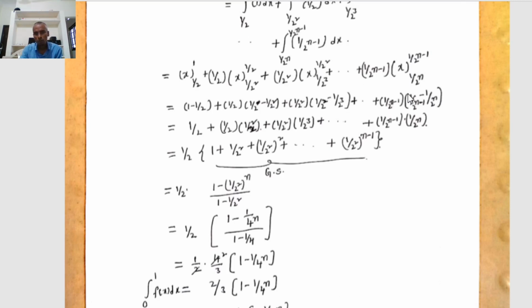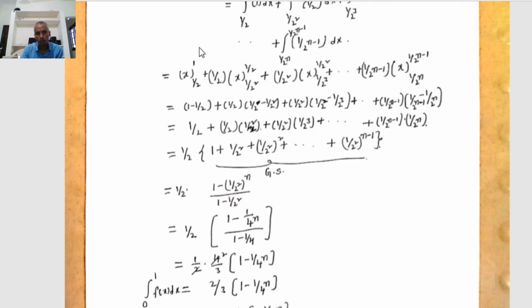Similarly, up to so on, 1/2^(n-1) times (upper limit 1/2^(n-1), lower limit 1/2^n), that is 1/2^(n-1) minus 1/2^n. Therefore, 1 minus 1/2 equals 1/2, plus 1/2 into (1/2 minus 1/2 square), 1/2 minus 1/4, LCM 4, therefore (2 minus 1)/4,